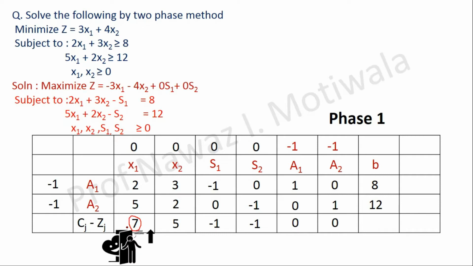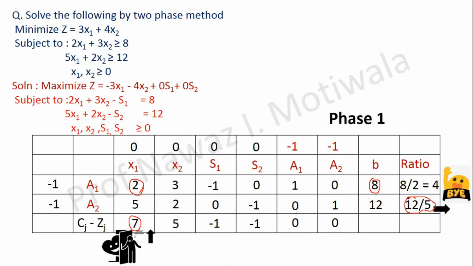Now, as one variable is entering the solution, some variable also has to leave the solution. So for the leaving variable, what do we do? We divide this b with the corresponding column values of the column which is going to enter the solution. First will be 8 by 2, that will be 4, and for the second it will be 12 by 5, which comes to 2.5. Again we can observe that this value 12 by 5 is the least among the ratios, hence this variable will leave the solution. So my conclusion after the first iteration is x1 is entering the solution and a2 is leaving the solution.